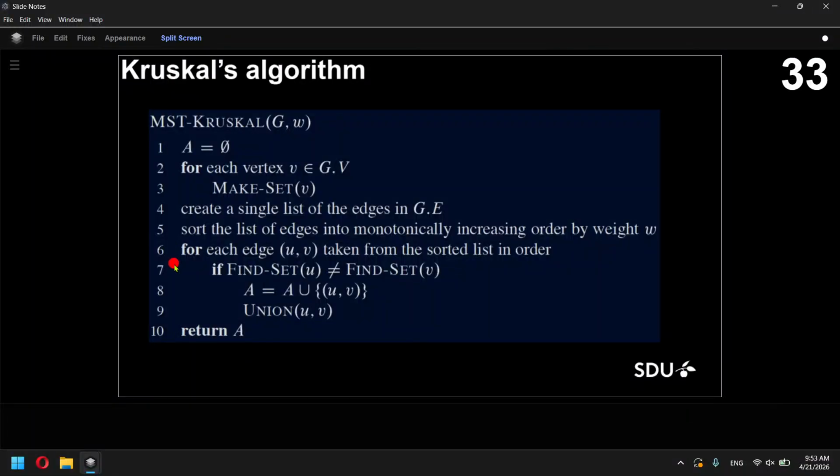So we have an edge, for example, UV. Once you get this edge, initially U is a node and V is a node. Both of them are sets, and they are disconnected. If the sets of U and V are not equal,